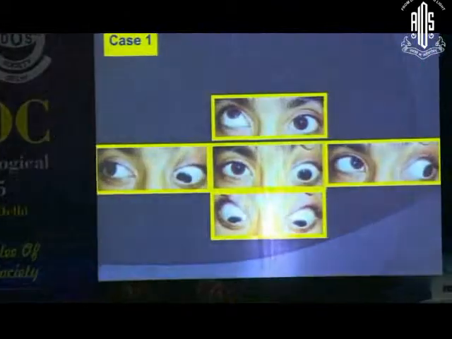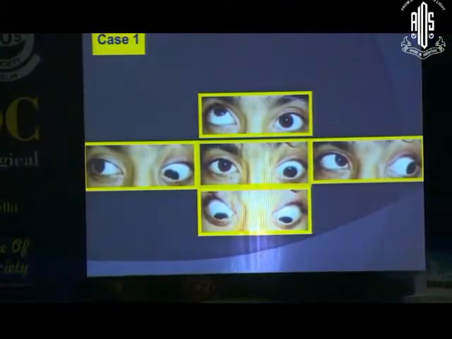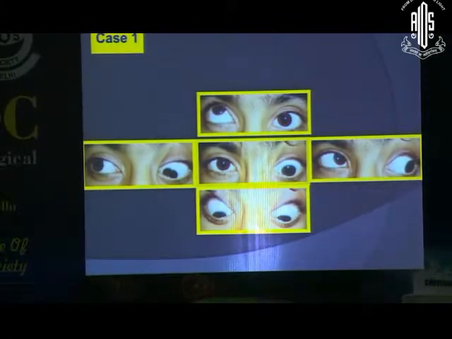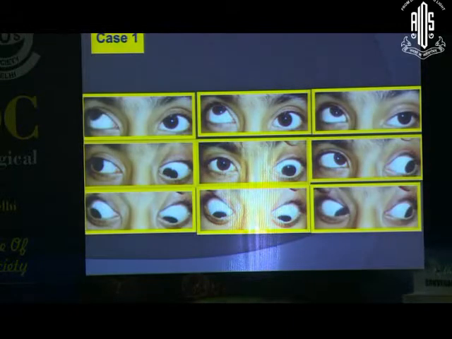What you have is a hypertropia in the primary gaze in the left eye. In secondary gazes, the hypertropia is increasing in up gaze and decreasing in down gaze. Also, the hypertropia is increasing in abduction, or levoversion, and decreasing slightly in dextroversion, but still present in dextroversion. The findings remain more or less the same in the tertiary gazes.